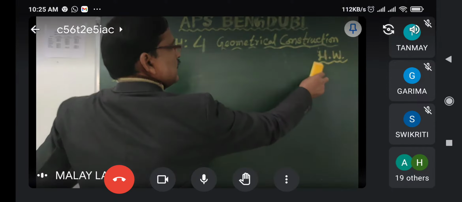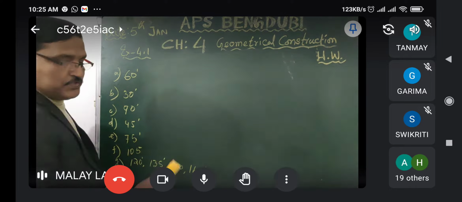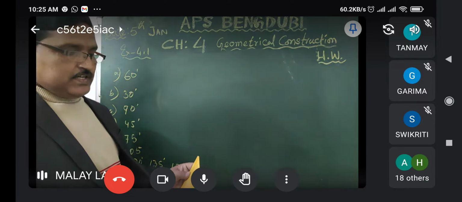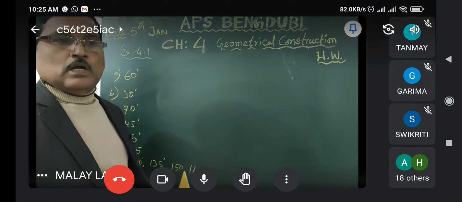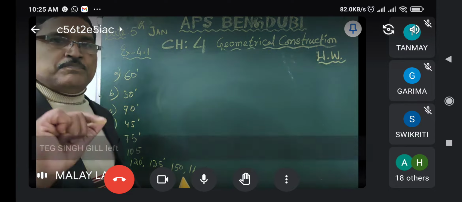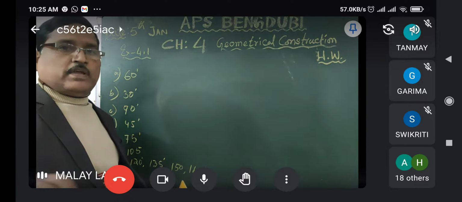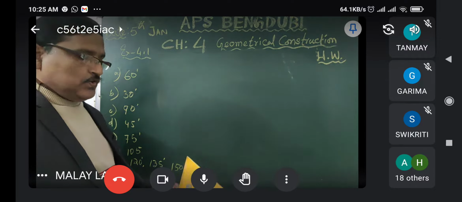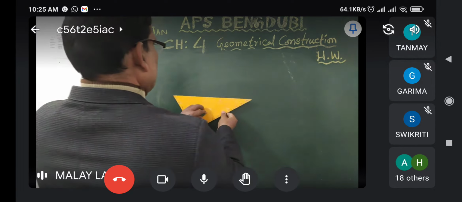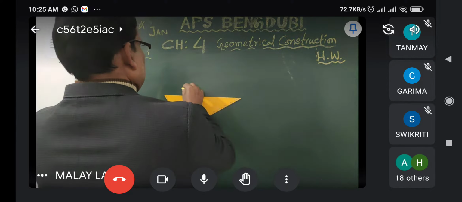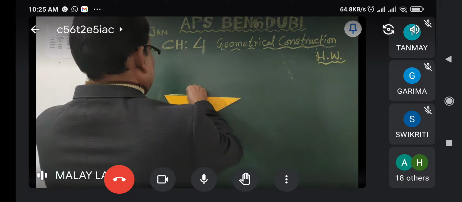Using compass, you will not use your protractor. Using compass, how to draw the different types of angle, because in construction of quadrilateral sometimes you have to draw the angle without using protractor. Those who use a protractor for the construction, I will give you 0. Okay, so using compass, suppose to draw a 60 degree angle, you know it very well, I did it in class 7. Those who have forgotten, just try to recollect it.